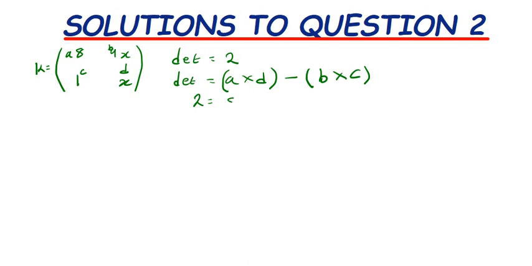So you say 8 multiplied by what? By D we have already found, it is x there, so you say x like that, minus, open bracket, B. What is the value of B? The value of B, it is what? 9x multiplied by the value of C now, which is a 1, like that. Now you say 2 is equals to 8 times x, it is 8x, like that, in brackets, don't forget the brackets, minus, open bracket, 9x times 1, it is